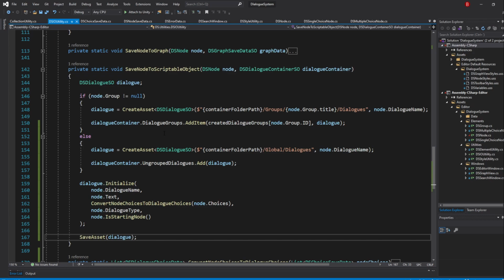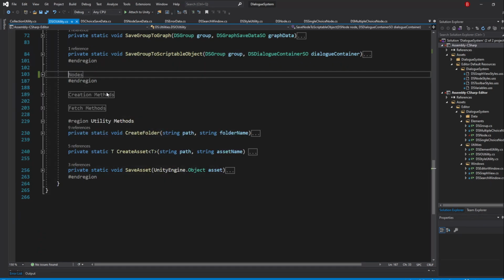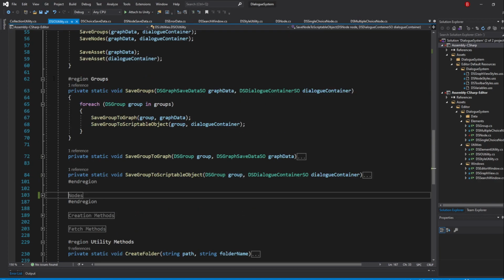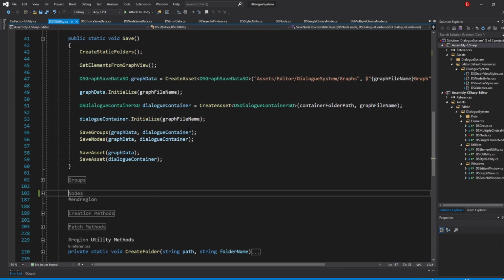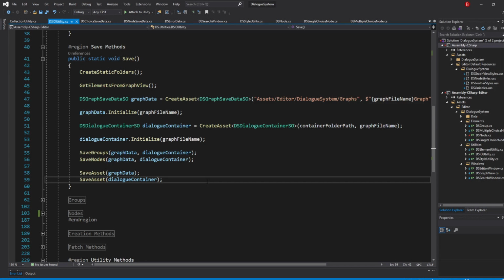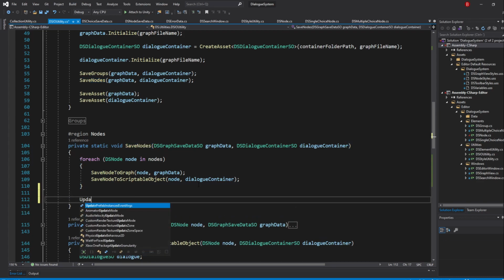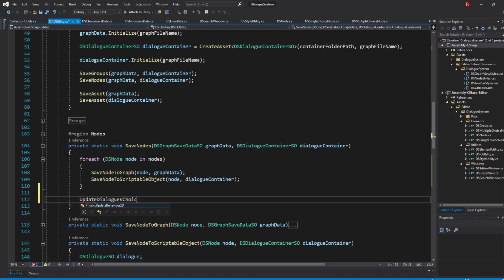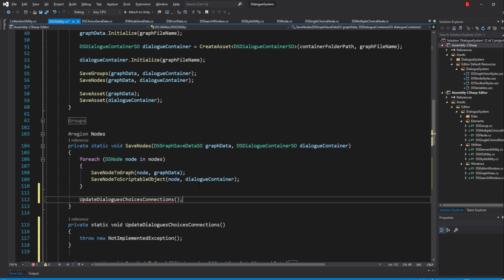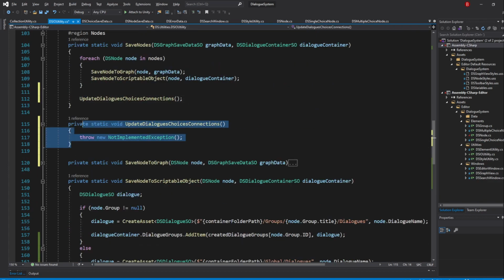However, there are a few things left for us to do. We need to set the DialogChoicesConnection to reference the respective dialog scriptable objects, as well as remove the unused groups and node files and folders. We'll start by updating our ChoicesConnections. To do that, in our SaveNodes method, right after the loop, call a new method we'll be creating named UpdateDialoguesChoicesConnections. I'll place it under our